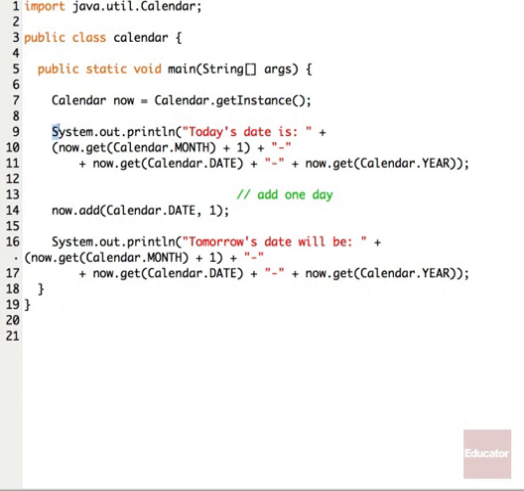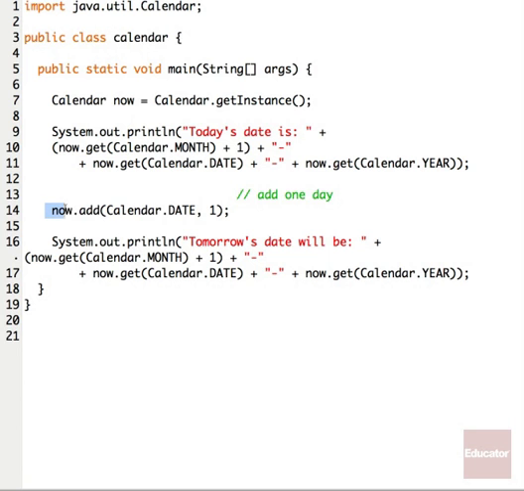date. It's not going to prompt the user; it's going to be information going back to the user that says what today's date is, and that's going to give them the month, the date, and the year. Then what we want to have happen is we want to add one day to today's date.